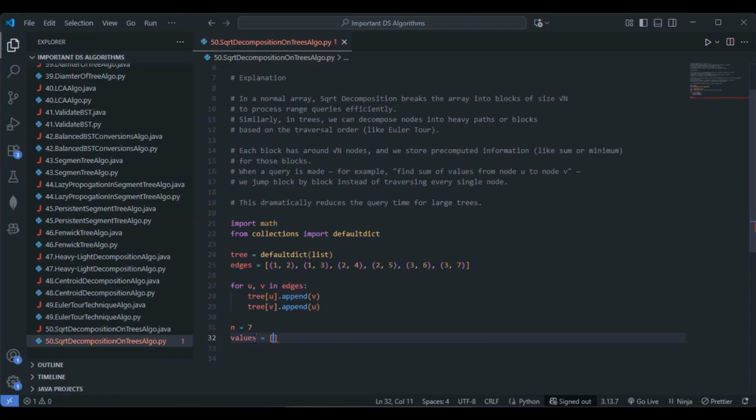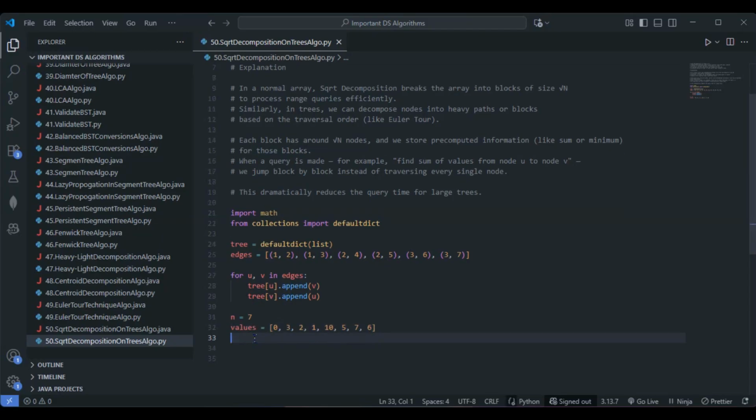Values equals, so this will be 0, 3, I'll just go with 2, 1, 10, 5. This is just an example, you can give anything. So these are the values we are considering for each particular vertex. This one will be 5, 7. Let me consider one more, 6, as I had already left the space. This is fine. Values. Now let's go with a Euler tour to